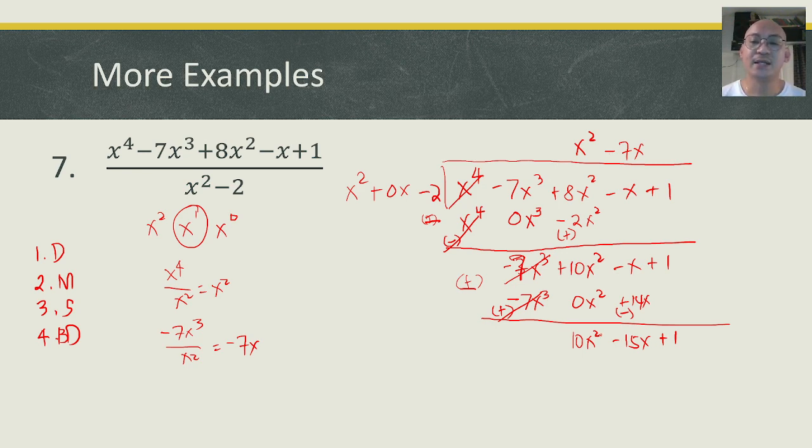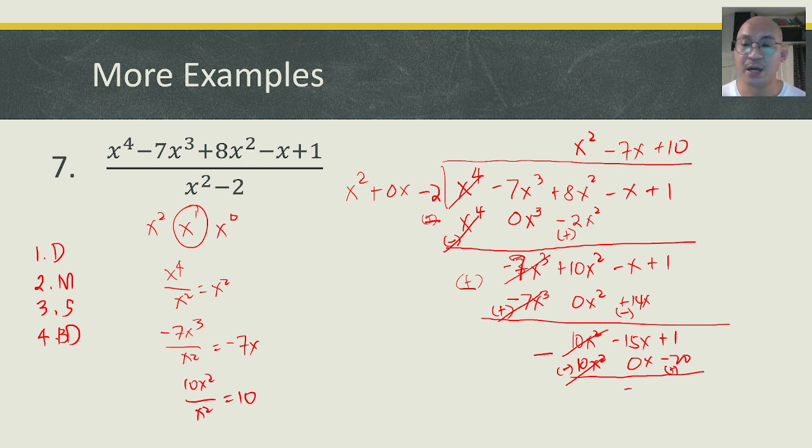Continue. 10x squared divided by x squared is 10. So we have now positive 10. 10 times x squared is 10x squared. 10 times 0 is 0x. And 10 times negative 2 is negative 20. And then subtract. Change the sign, nothing to change in 0, and then positive. So this will become 0, bring down negative 15x, and then we have now here a